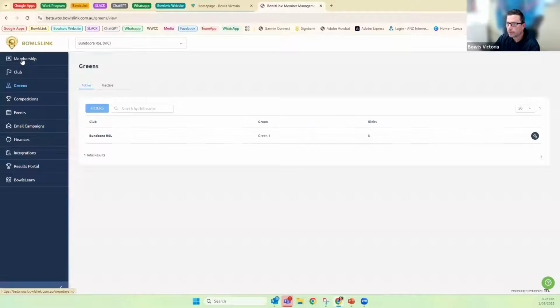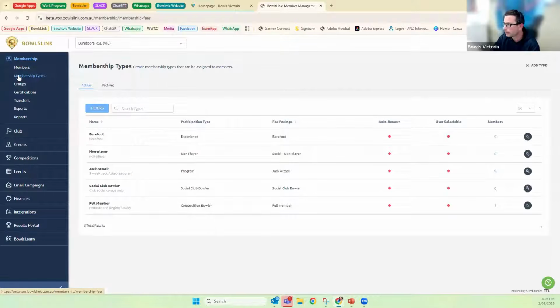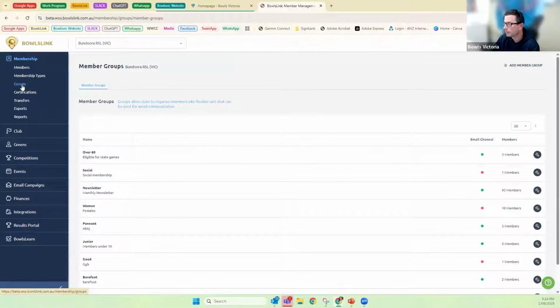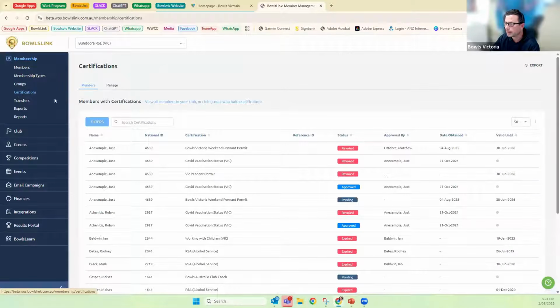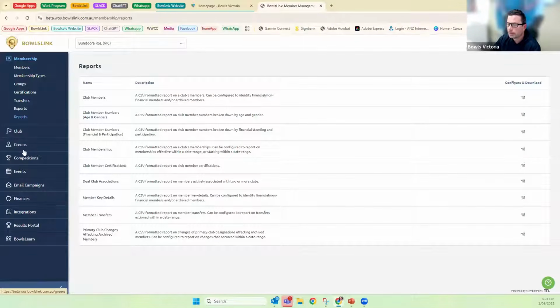All right, so we've gone through membership. We've looked at how we can use our members. We've looked at membership types, really important to have that updated before this pennant season. We've looked at member groups, just a great way of emailing. Also quickly looked at the area that you can look at your certifications, gone through the transfer process, and we've talked about reports. All right, the next 3 that we'll look at,